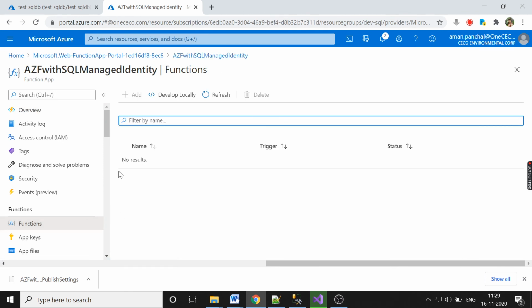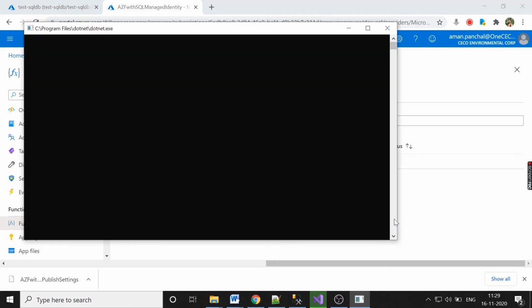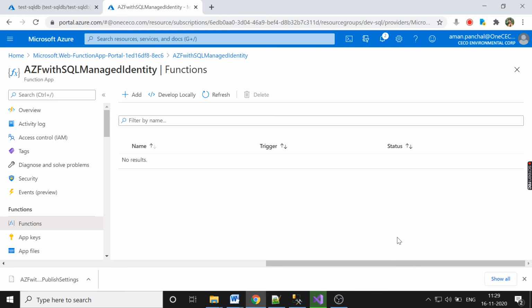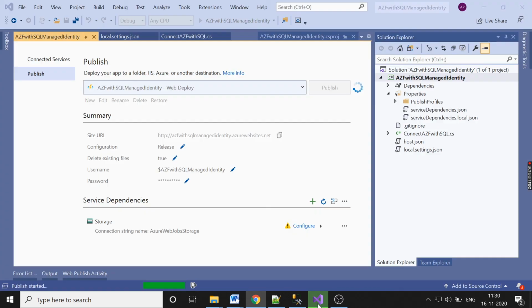If you see here under functions, as of now there is no function as it's still running. Okay, the publish has succeeded.